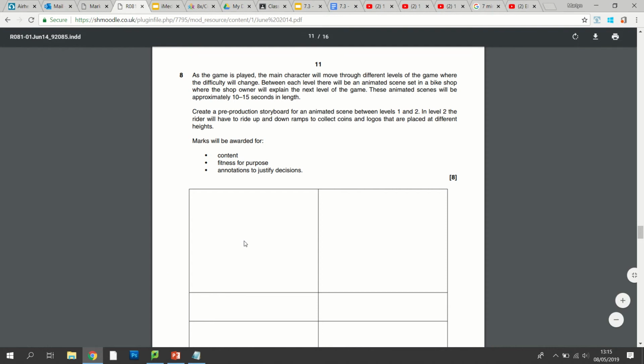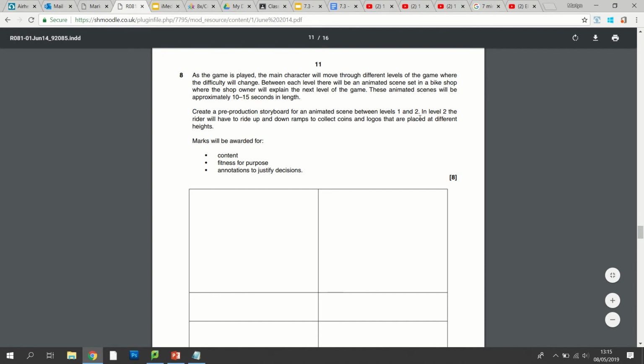Now I obviously can't edit this. I can't draw in it, so I'm going to do it in a PowerPoint in a second. But key things that we need to think about. Well, what are they actually asking us to do? Well, they're asking us to think about the animated scenes, I think, set in the bike shop. It says create a pre-production storyboard for an animated scene between levels 1 and 2.